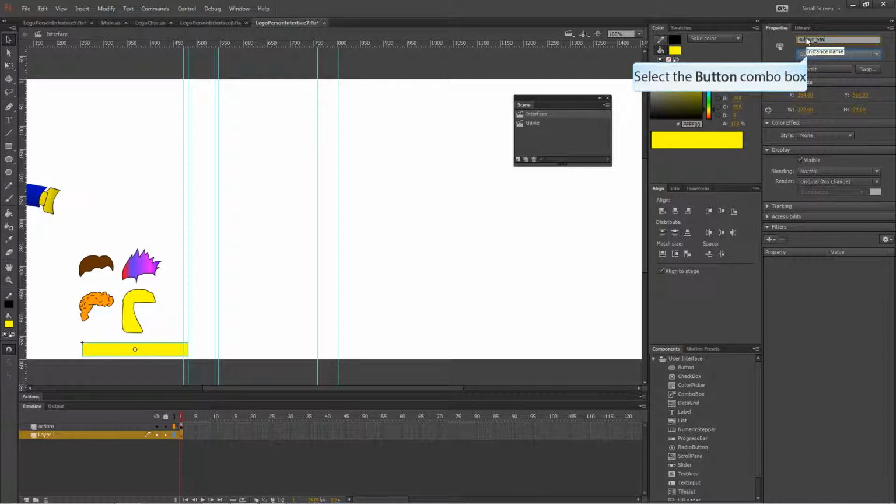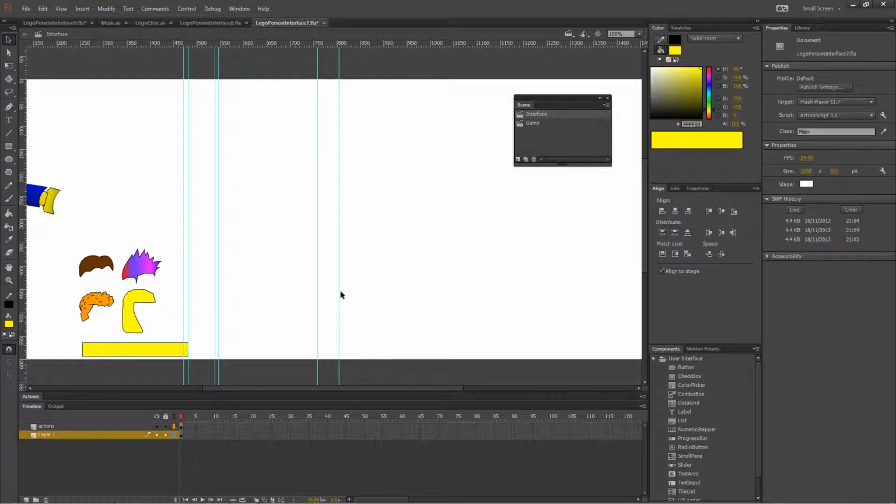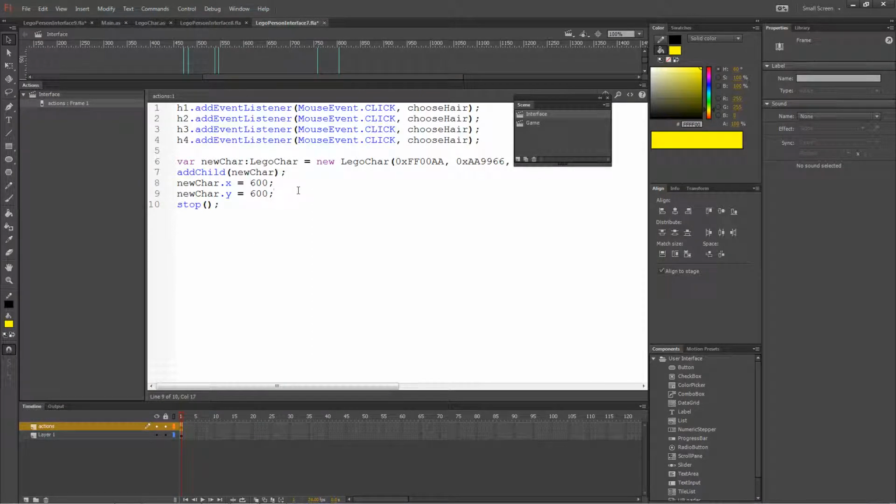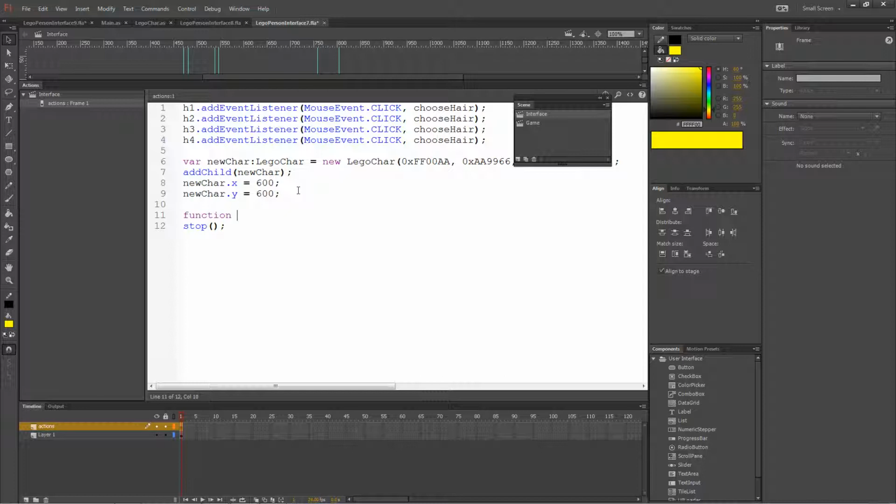Okay, so now I'll go back into the actions for this scene. I'll then need to create a function which can be called start again. This would normally be found in your main action script file, but for now we'll just do it in the timeline. And inside of that, what it will do is it will send us to the second scene, or the game scene as it's called, using go to and stop. And so in brackets we put the frame. There's only one frame in that scene so far, so we put frame 1, and then the scene name, which goes in between speech marks,